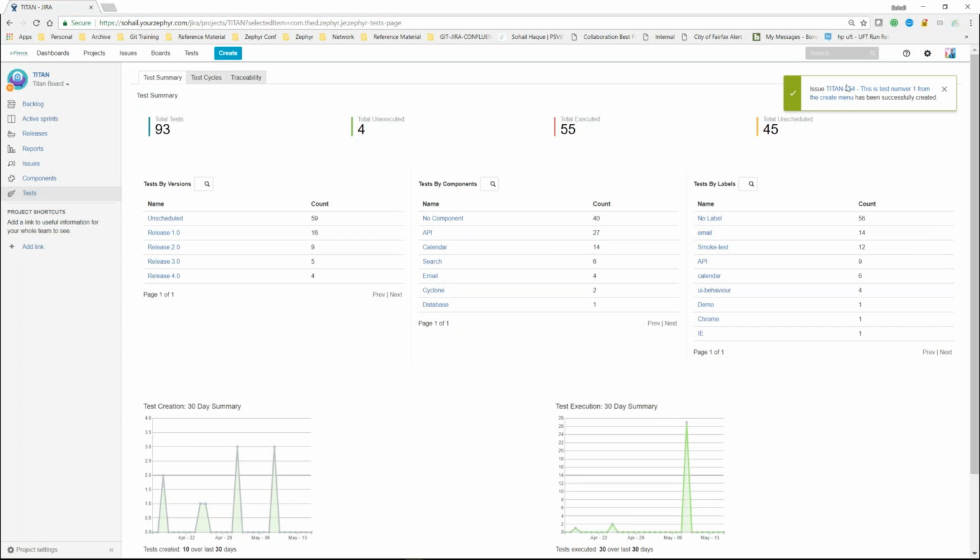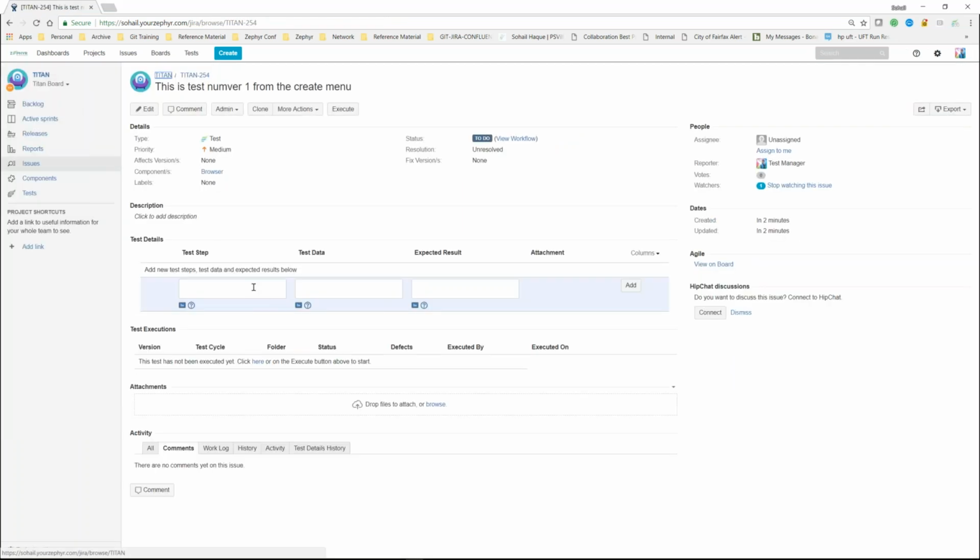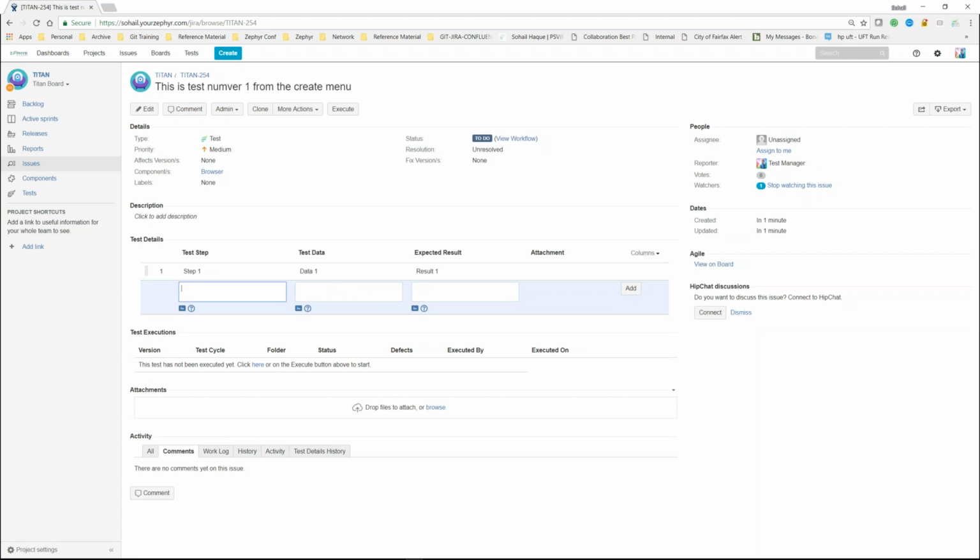That's one way of creating a test, and when you create the test, you'll see that the actual test case comes up, and then you have the ability to expand that. So I can say step 1, data 1, and you'll forgive me for using these nomenclatures here because I've run out of verbiage to put in here. Just to give you an idea, we can say result 1, and you can add different steps to that particular test case. So I can say step 2 now,